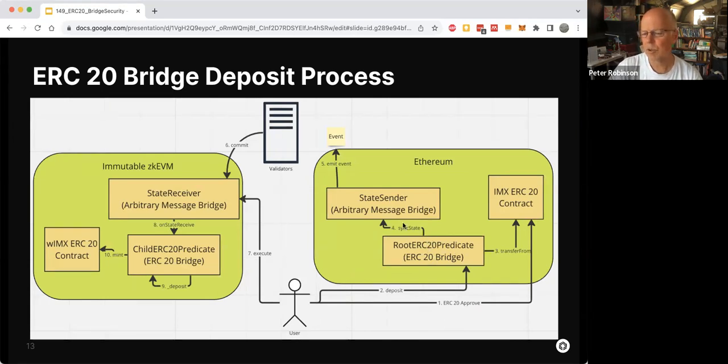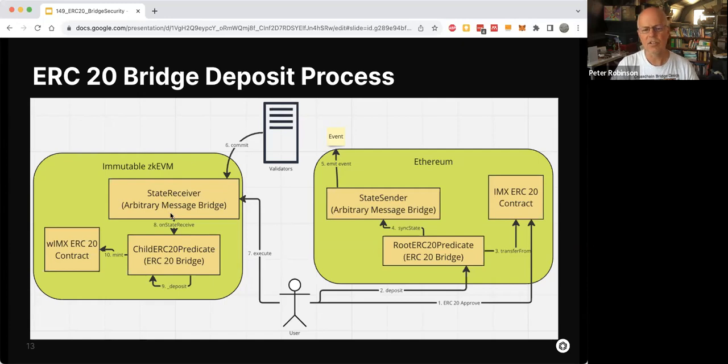It then calls the arbitrary message bridge to sync its state, so essentially sends a message. That'll emit an event, and a multi-sig will put the message onto this chain when execute is called. So commit says, hey, this is a whole set of messages that have been emitted, and execute essentially does the